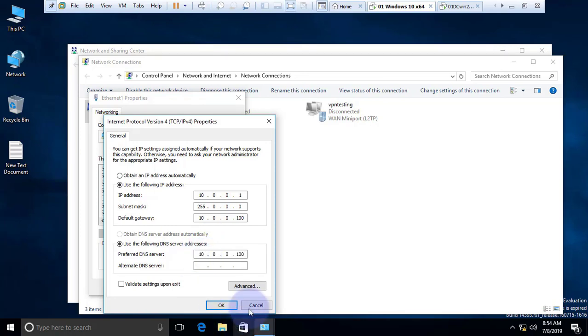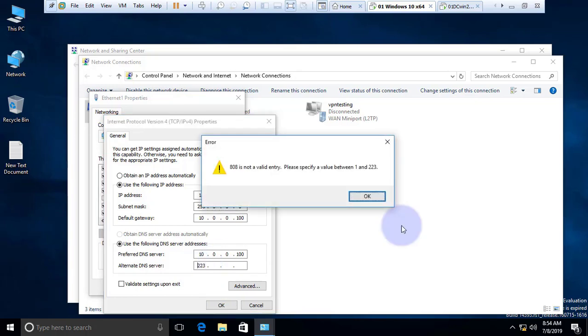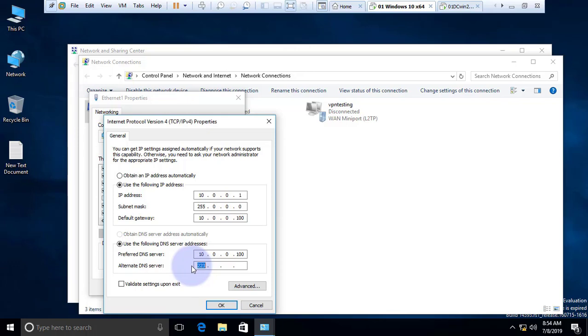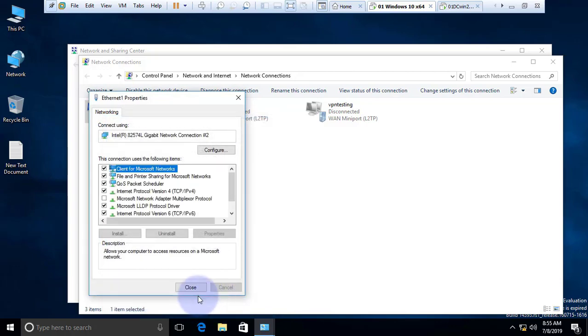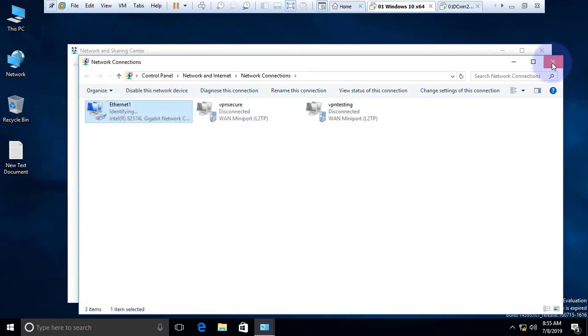10.0.0.100. If you need, you can give an alternative DNS, and if you need, you can give the Google DNS IP address 8.8.8.8. Okay, now we can just check the